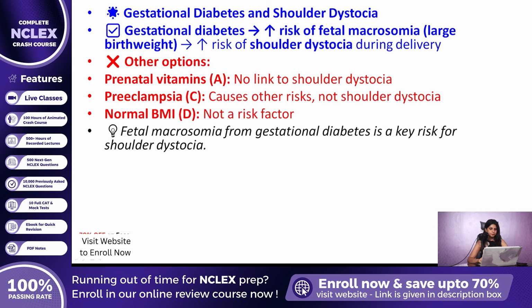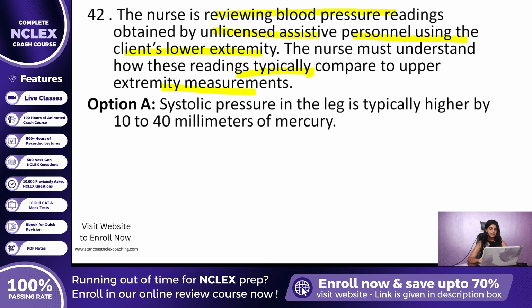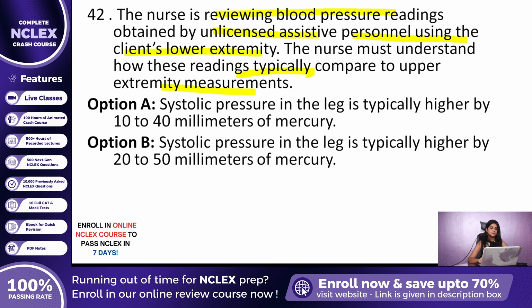Question 42. Let us now turn to a question about blood pressure measurements. The nurse is reviewing blood pressure readings obtained by unlicensed assistive personnel using the client's lower extremity. The nurse must understand how these readings typically compare to upper extremity measurements. The options are option A, systolic pressure in the leg is typically higher by 10 to 40 millimeters of mercury. Option B, systolic pressure in the leg is typically higher by 10 to 40 millimeters of mercury. The correct answer is option A, systolic pressure in the leg is typically higher by 10 to 40 millimeters of